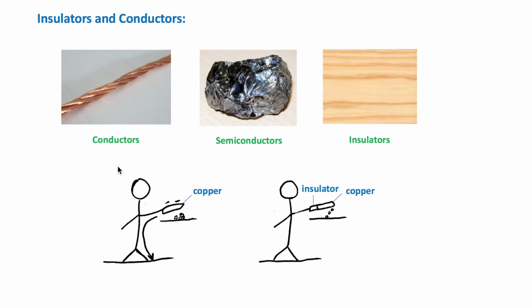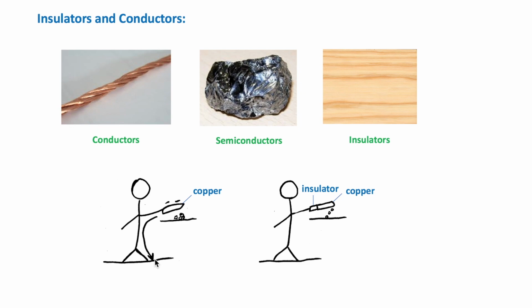So to understand this further, consider, for example, that you rub a copper rod with fur and try to attract small pieces of paper with it, like in the case of a comb attracting pieces of paper. You will notice that the copper rod will not attract the pieces of paper, and this is because the electric charges produced by the rubbing will move freely throughout the copper rod